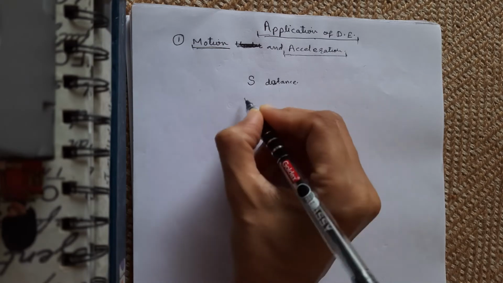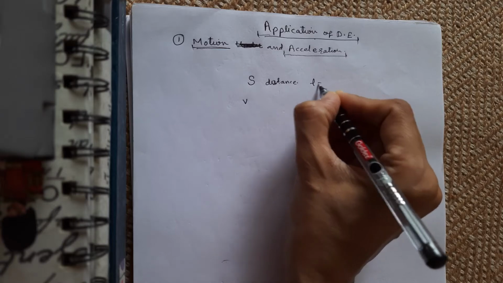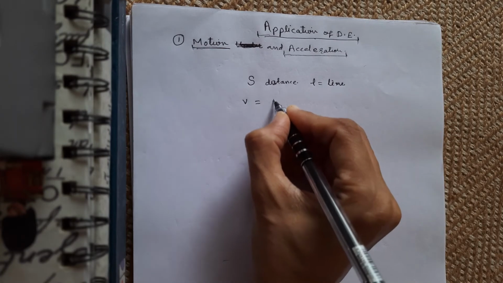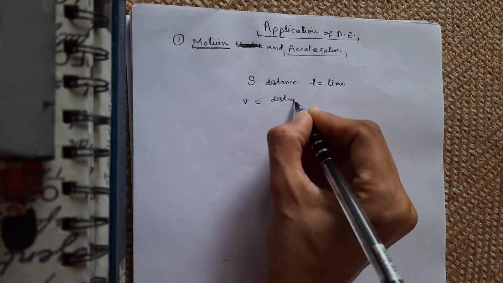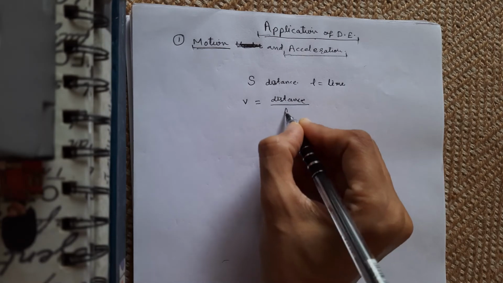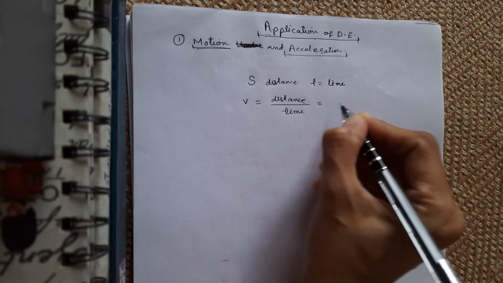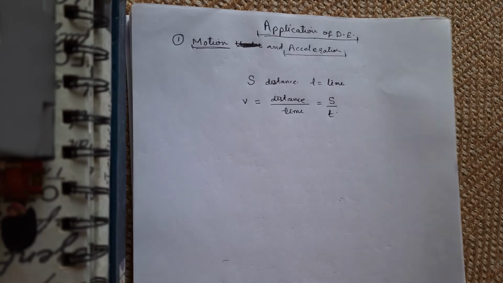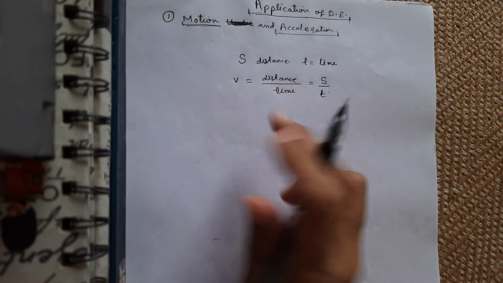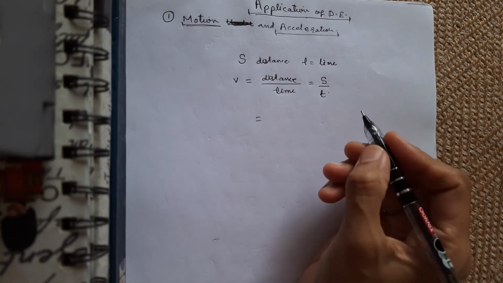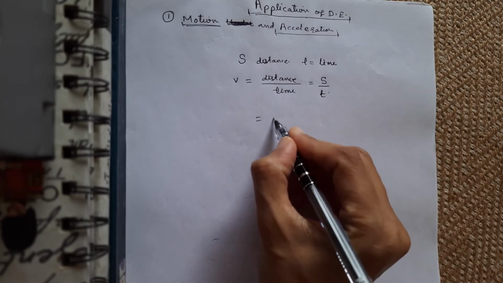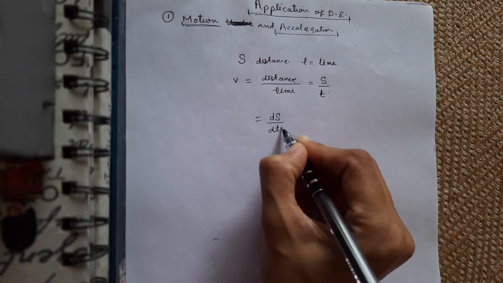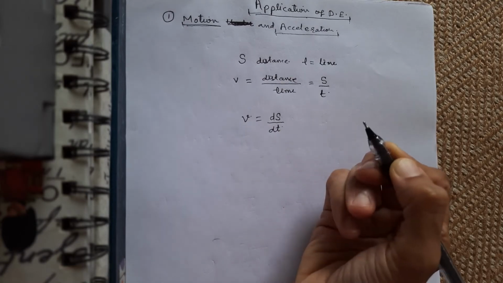then we all know that velocity, and t is suppose the time. Okay, so then velocity, what is the velocity? Is distance upon time. We all know this thing. Okay, distance upon time. So we can write this as s upon t, right? Now we all know that velocity is nothing but change in distance upon change in time. So change we are denoting by d, then ds upon dt is the velocity, right?